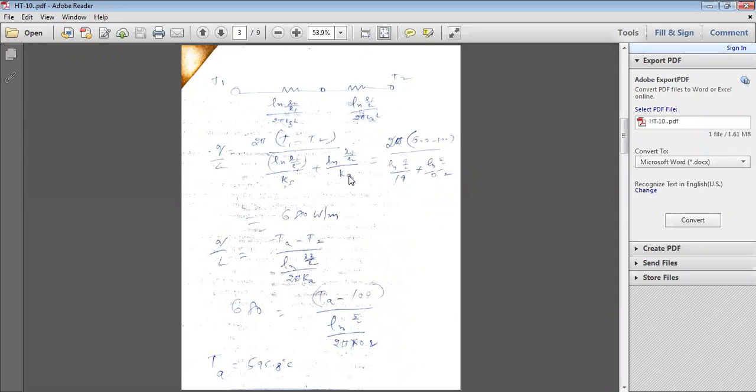So if you draw the electrical circuit for this, there is a temperature drop from T1 to T2. This is R1, this is R2. In between there is an interface temperature, Ta. You assume the interface temperature Ta. This is Ta. The resistance offered by the first material, the stainless steel, is Ln R2 by R1 divided by 2 pi Ks L.